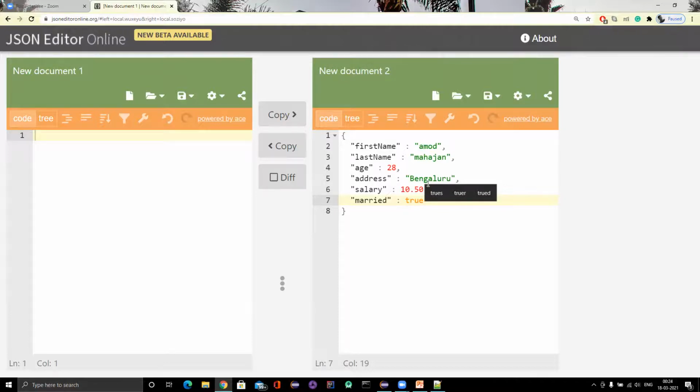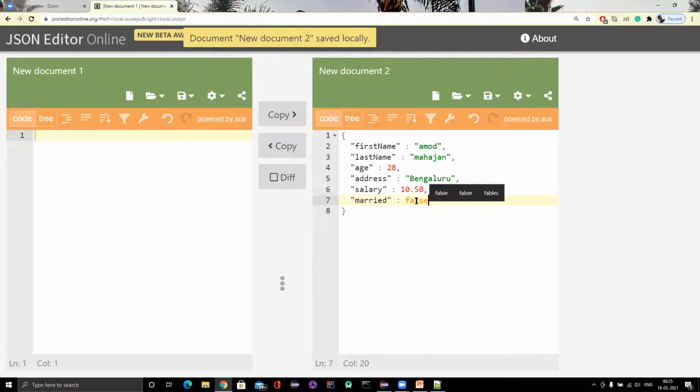And remember, you need to give true or false in small case, not a capitalized value, because it will be treated as a string. So you need to use true or false without any double quotes. Actually I'm not married, so let me put false.